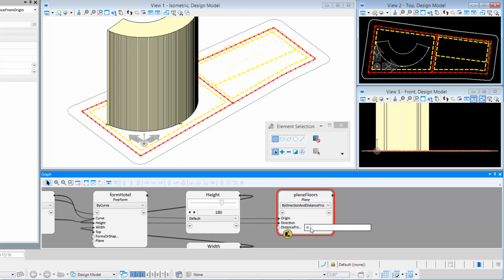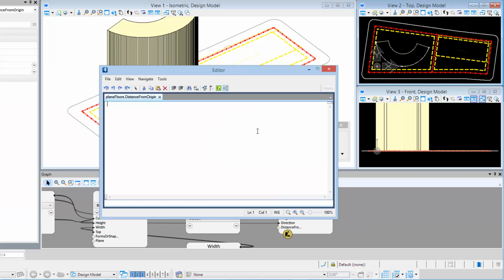I'm going to open what's called the full script editor. If you click on that little square there to the left of the text field, it will open up an editor. It just makes it a little easier to type in. So when we want to input a list of values as opposed to a single value, we put that in curly brackets. So I'll start by typing in the curly bracket,